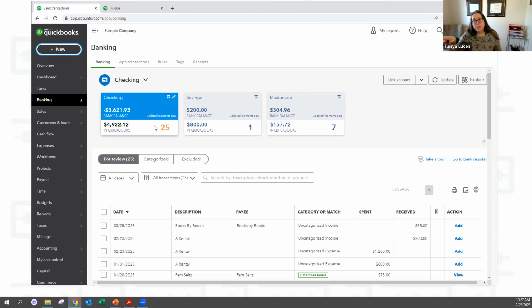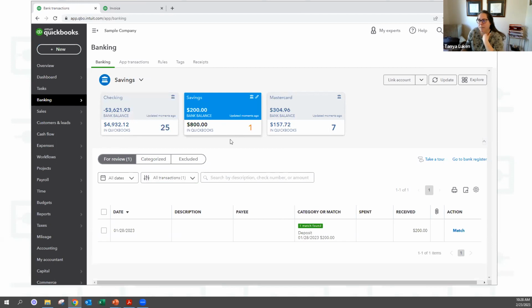The reason that these two, so they're actually off about $8,000, right? Because we're showing $5,000 to the good in QuickBooks and the bank is showing $3,600 to the bad. So they're actually off that whole span of dollars on a number scale, right? So from the $4,900 positive all the way down to the negative $3,600. But we'll see why later. And as we start to add transactions to QuickBooks, this QuickBooks balance is going to go down, okay?